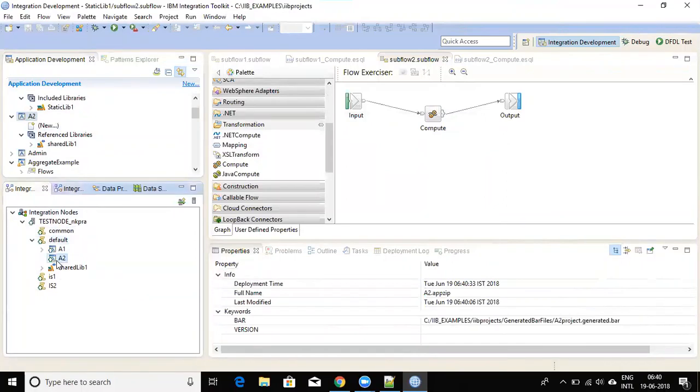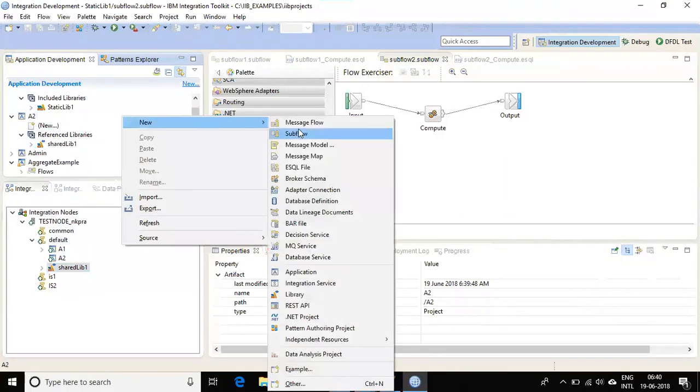A2 is also referring to this one shared library, and A1 also. So both are referring to the shared library now. Any changes in the shared library, both get affected. Both will get the new copy of the shared library here. So if you change one more application,